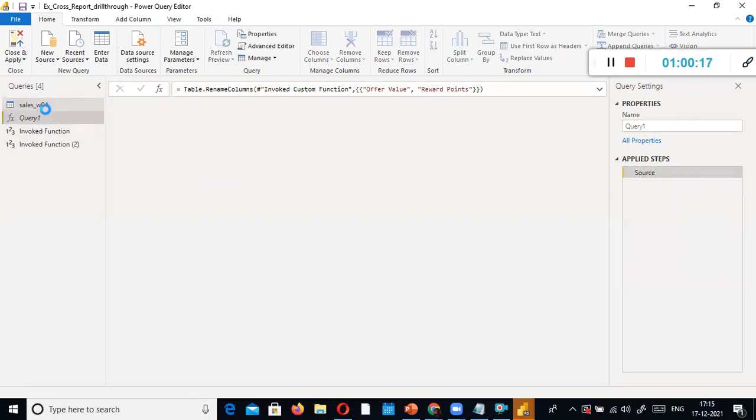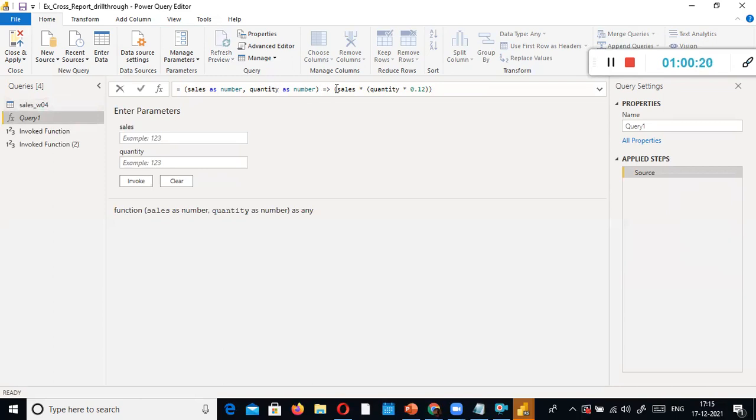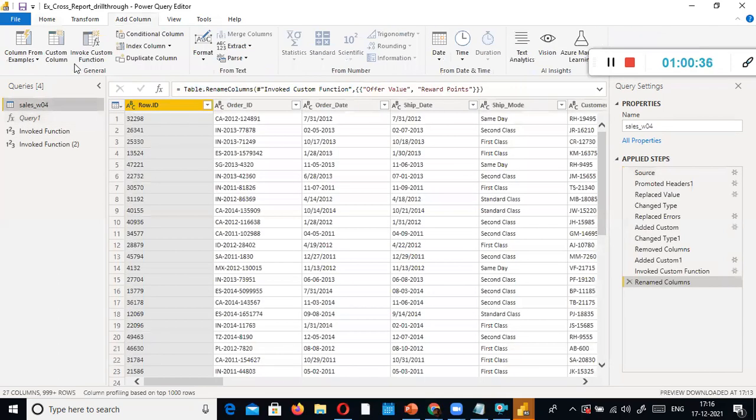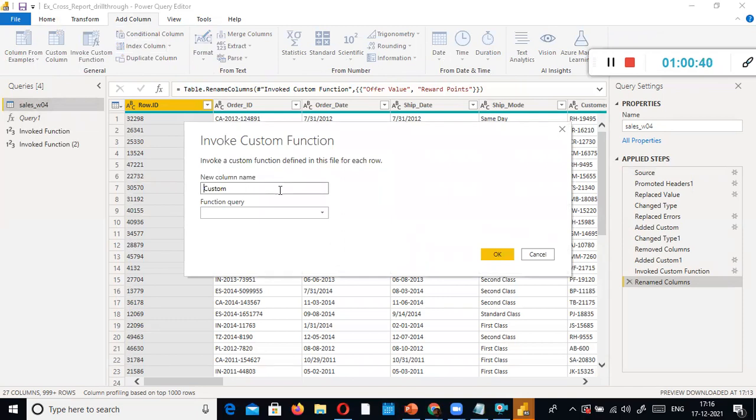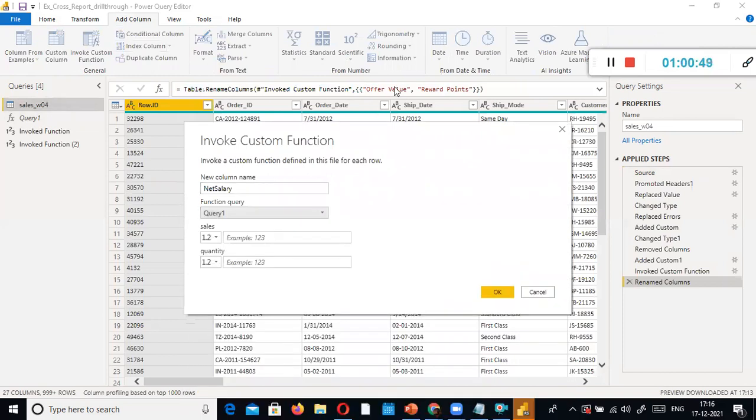Got it. So now the question is, Satya, I have used small letters. You said it's case sensitive, but how will my Power BI know? I have many columns. Which column is sales? How will it know? So for that, did you notice here, in the case of invoke custom column, let's say net salary, something like that, right?